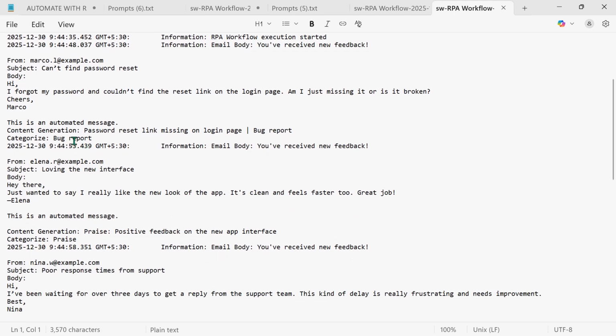Okay, now if you look here, the first one is the email body, and the content generation is all about the password reset link missing on the login page and bug report. So the category is bug report. The next one is the next email body, and the content generation is a positive feedback on the new app interface. Okay, because if you read this, it's about the new look of the app,